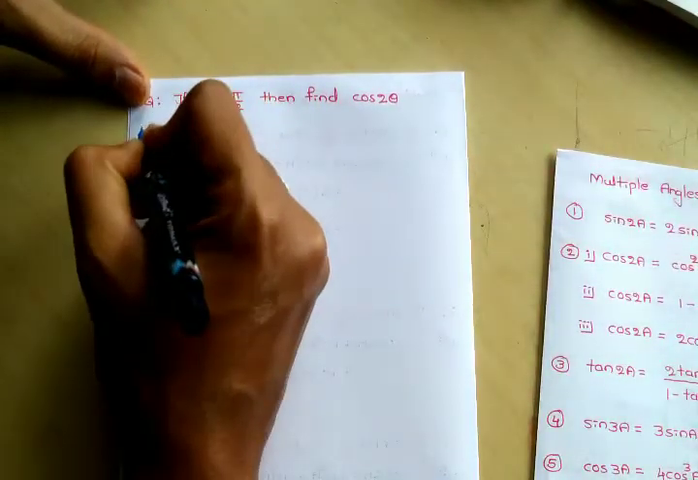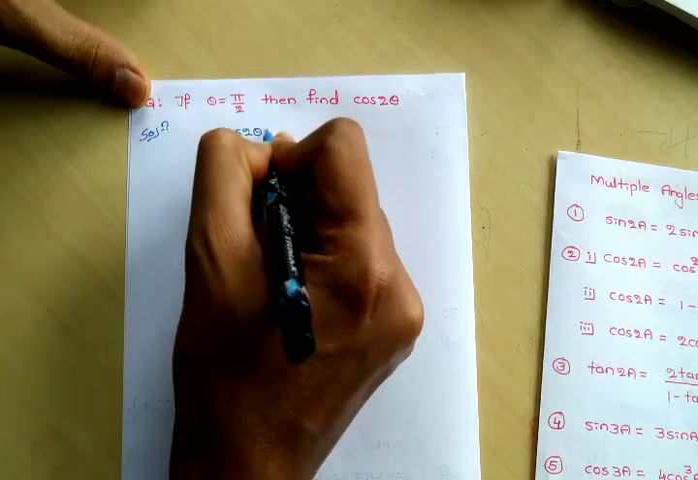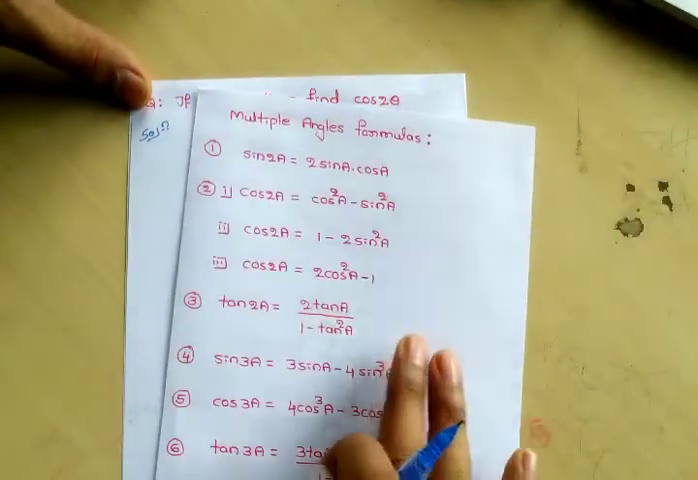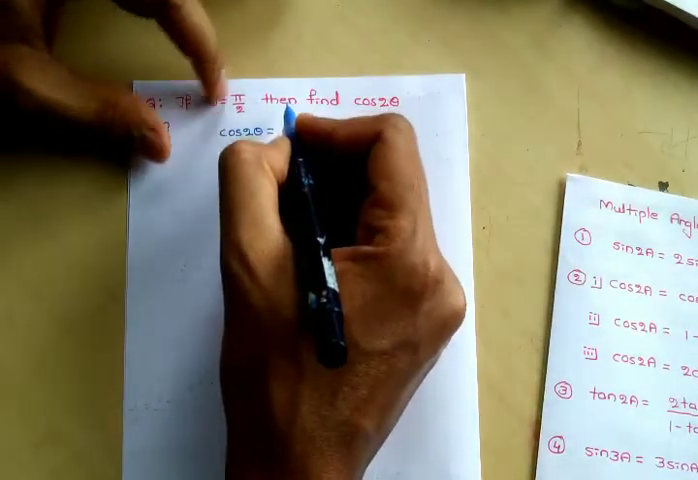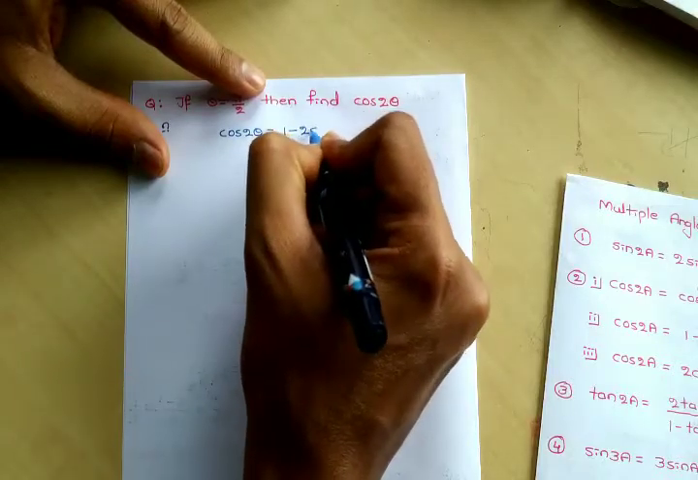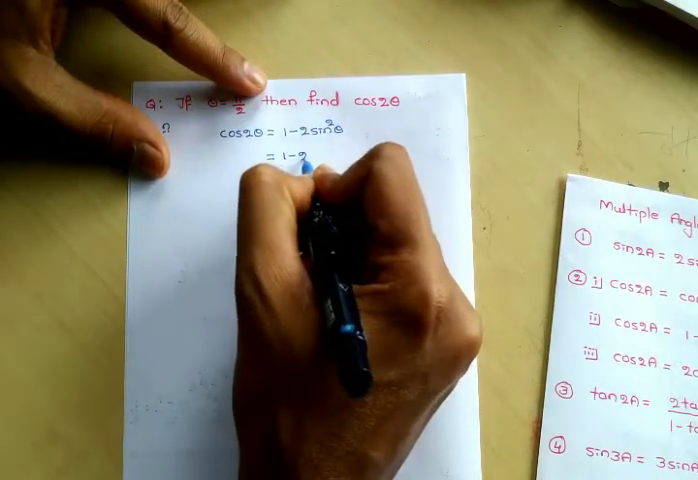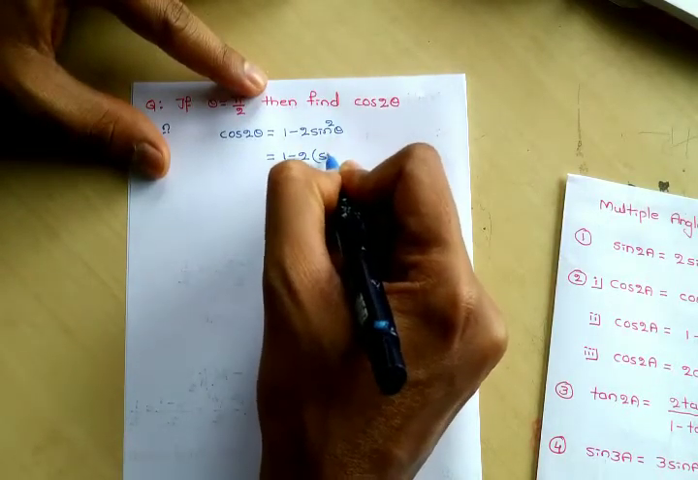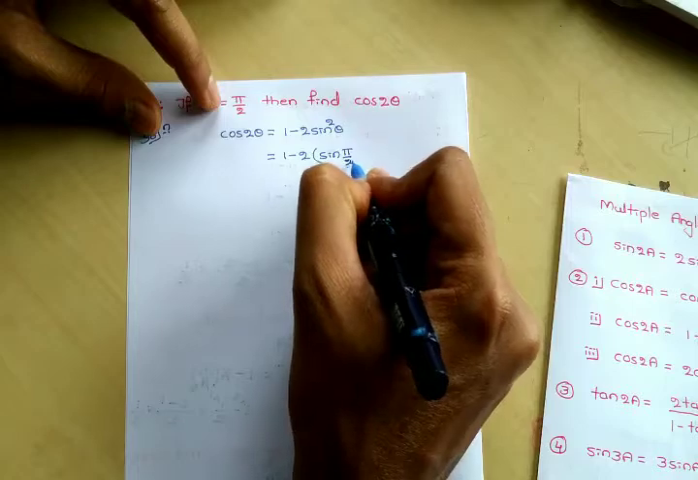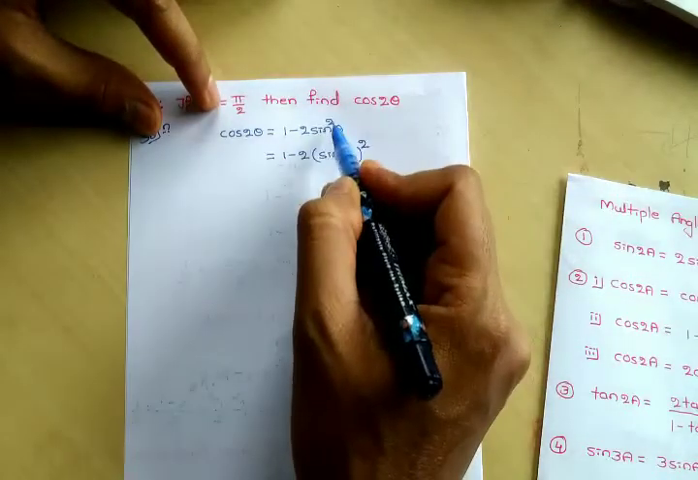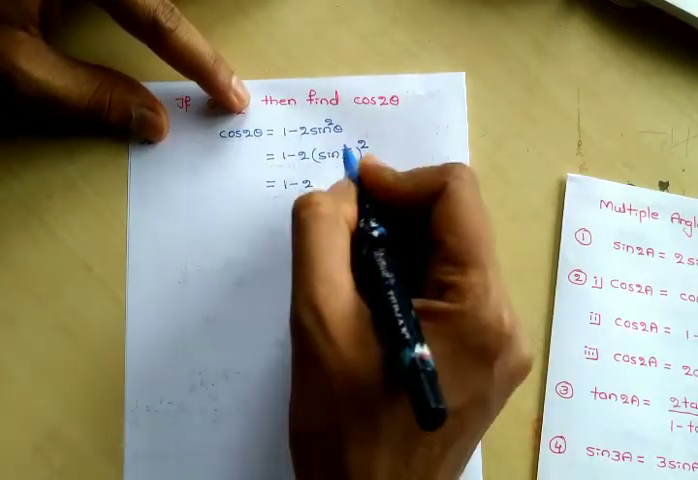Correct? So see now. Solution. Cos 2 theta is equals to, I am going to apply the second one, 1 minus 2 sine square theta. So which is equals to 1 minus 2 into, next in bracket sine I am going to keep it as it is, theta. What is theta value here? Pi divided by 2 whole bracket square, because power is how much here? Square. So next, which is equals to 1 minus 2 into, you know, sine